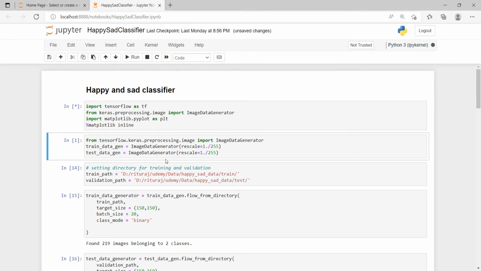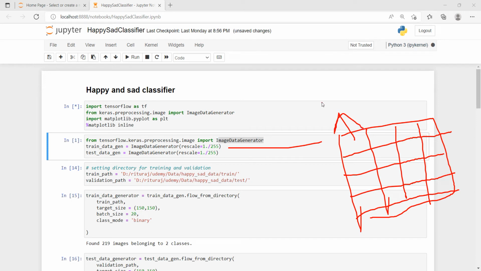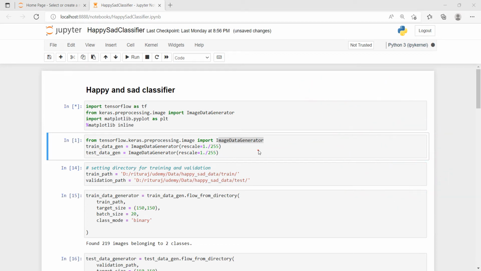Now what I'm doing, from the image data generator, is rescaling each and every image, each and every pixel of the image, on a scale of 0 to 255. Basically, when we have an image, it is divided into a number of small cells, and each cell is known as a pixel, and each pixel has a value of 0 to 255, right? So it is very important that we normalize the values by dividing them by 255 for image generation, and this particular step is also known as normalization,